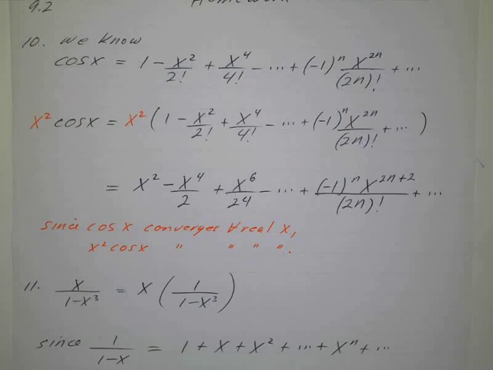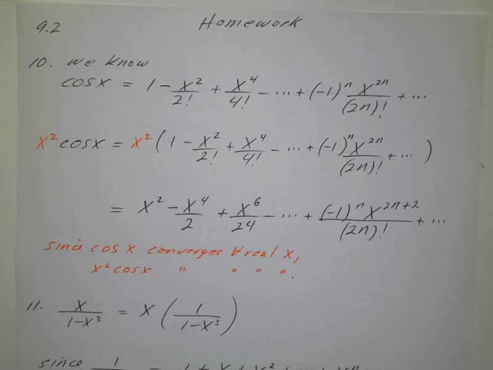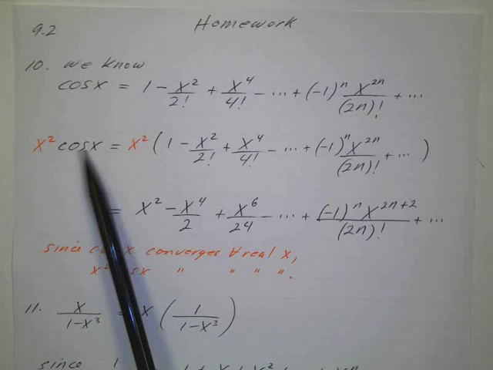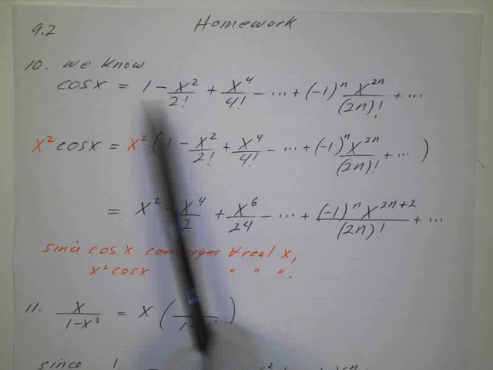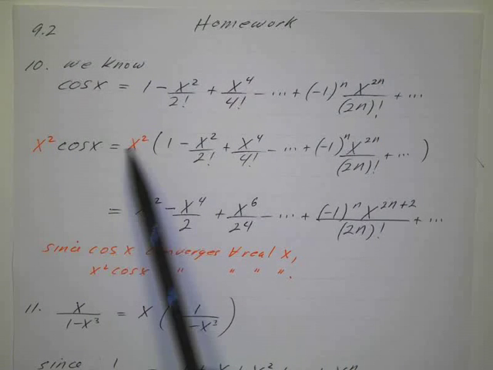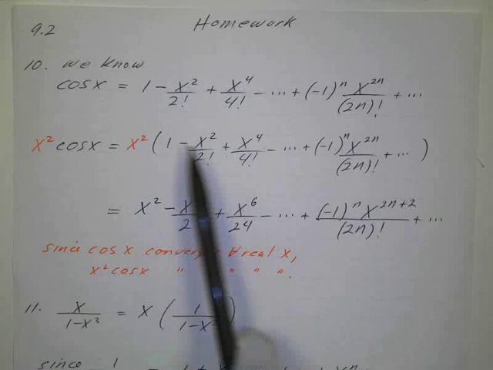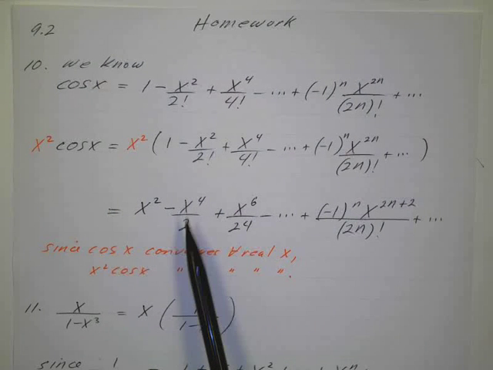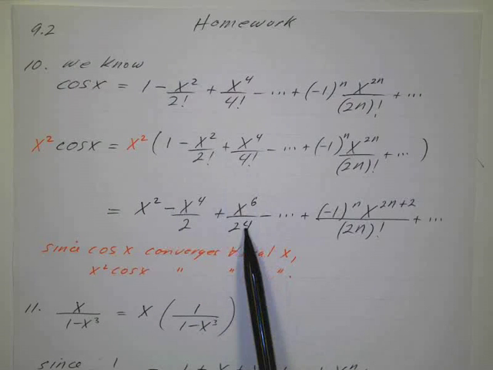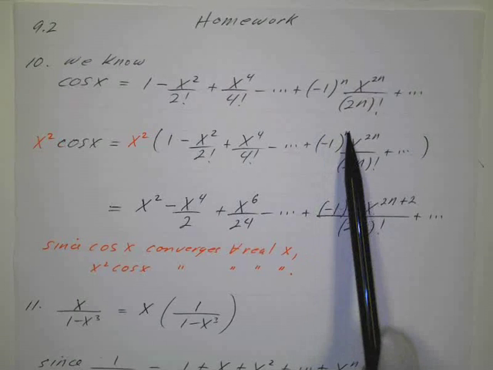Okay, some more problems from section 9.2, and again we're still constructing series and we're using the Maclaurin table on page 491. So we're looking for x squared cosine of x. We know the cosine of x is this series, that's from the table, so we just multiply each term by x squared. And when we do that, we get x squared, x to the fourth, and 2 factorial is 2, and then x to the sixth, and then 4 factorial is 24, and then same general term, negative 1 to the n,